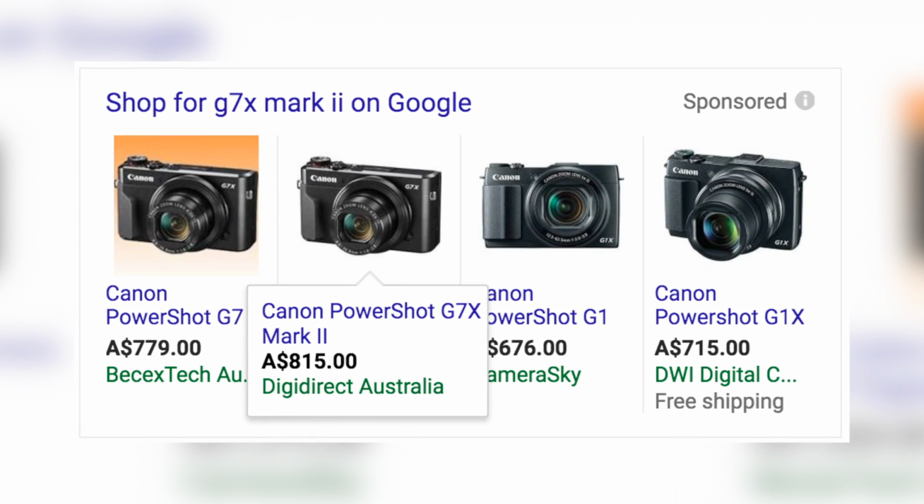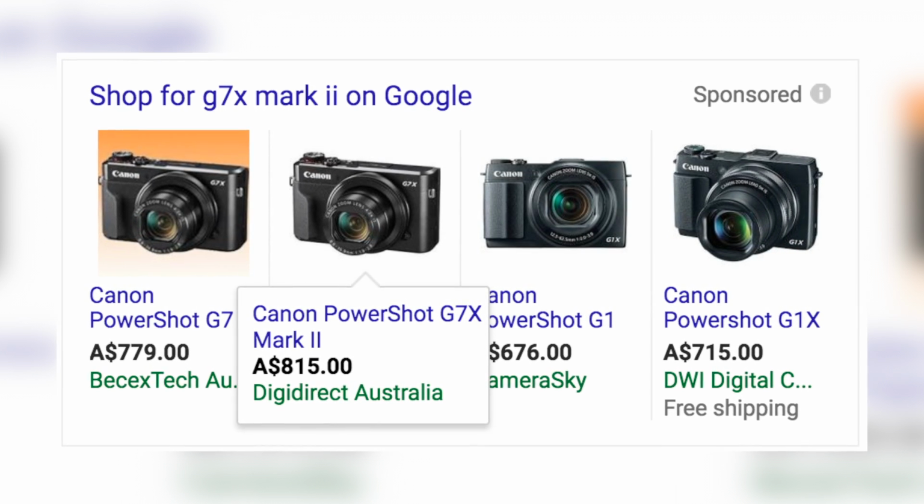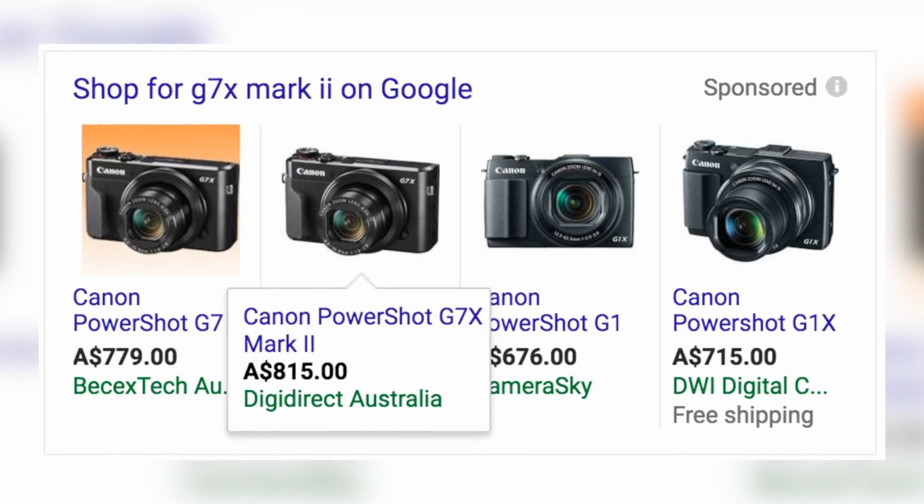There is not much you can use to justify a price tag like that for just a 1-inch sensor point and shoot, especially at a time when all the competitors' models are significantly cheaper. For example, Canon's latest G7X Mark II goes for 815 Australian dollars, which is still much less than Sony's previous generation Mark IV. For me, the new autofocus feature or the 24 frames per second wasn't that important because I'm